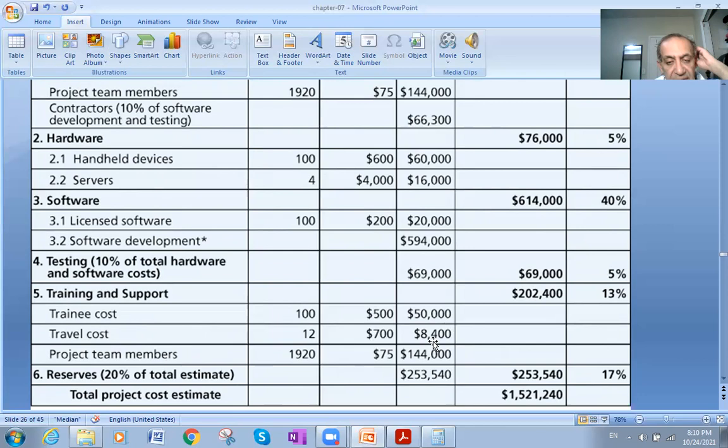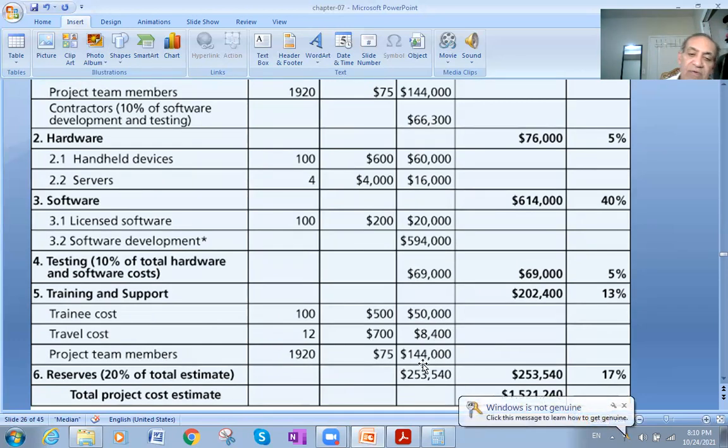Then that is 8,400, and we have project team members at 1,920 hours. They charge $75 per hour. Then this will come to 144,000. And here we'll go back and add them: 50,000 plus 8,400 plus 144,000. This will come to